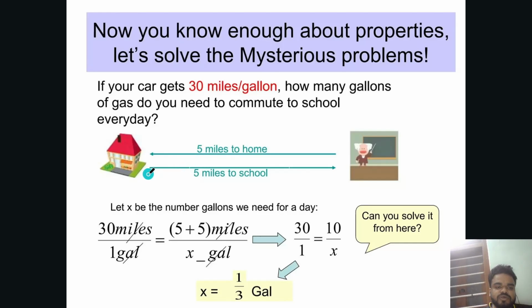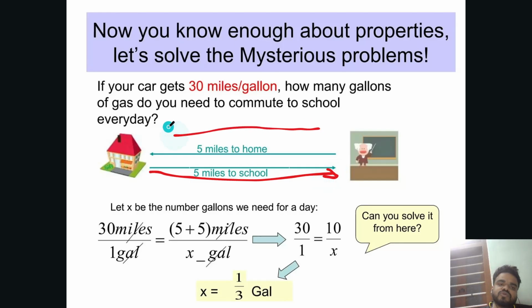Assume you're traveling 5 miles to school and 5 miles coming back from school. So in total, how many miles are you traveling? You are traveling 10 miles per day. Got it? We know that with 1 gallon you can travel 30 miles. So how many gallons do you need to travel 10 miles? Find that out first. Let the number of gallons we need for a day, which we don't know,